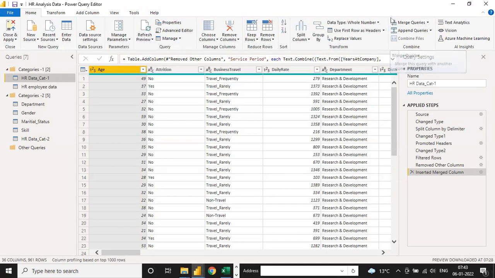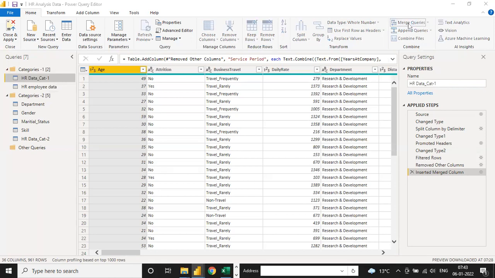You can see on the right hand side, Merge Queries. So merge queries means, suppose in your second table you have only two columns. So why do we have to add two columns into your data? It will increase your file size also. So click on this category one, and click on this Merge Queries.